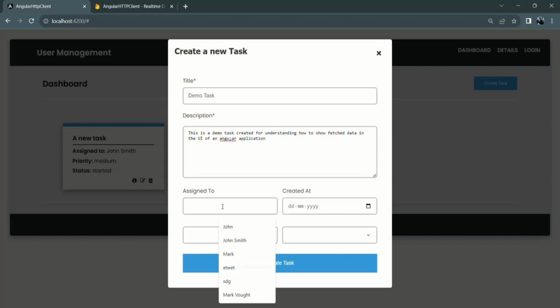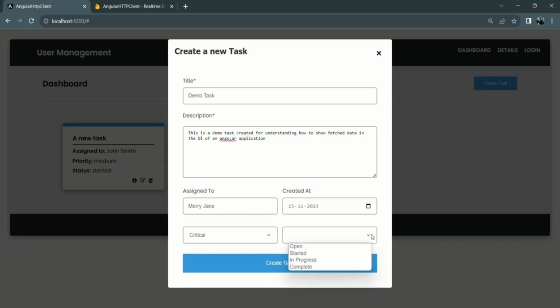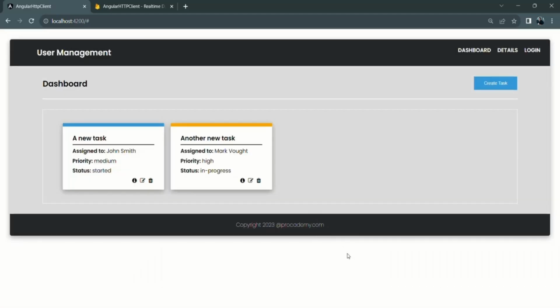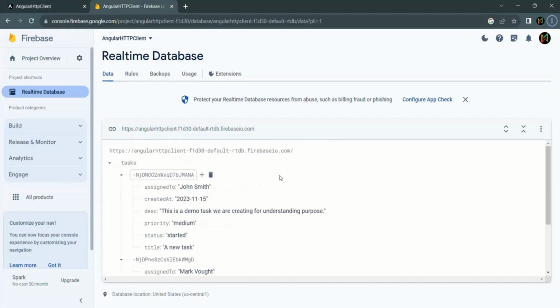Let's assign it to maybe Mary Jane. Let's say the start date is today's date. Here, let's say the priority is critical, and let's say the task is in complete state. Okay, now when I click on this create task button, if I go to the database, here you will notice